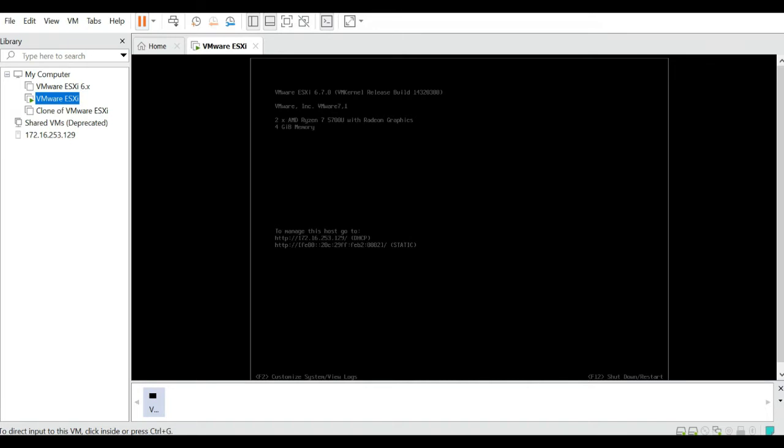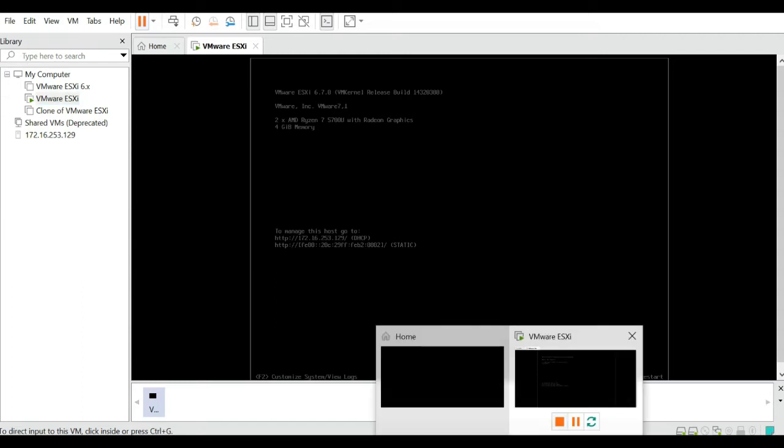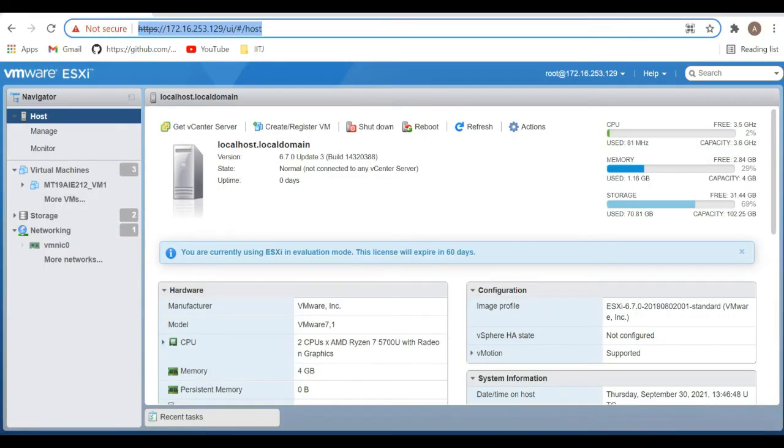Once I start it, I have to log into this IP. Basically, once I log into this localhost IP, I'll be able to view my PC configurations. So this is it over here. Here we are able to see the CPU configuration, memory configuration, and the storage configuration.